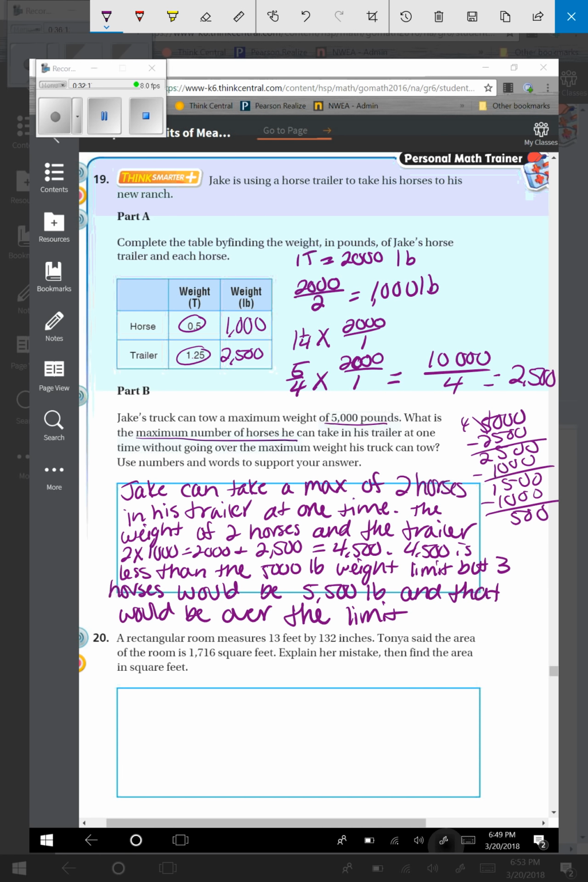Okay, a rectangular room measures 13 feet by 132 inches. Tanya said that the area of the room is 1,716 square feet. Explain her mistake, then find the area in square feet. So Tanya, to find this, just multiplied 13 times 132. What she should have done is she should have